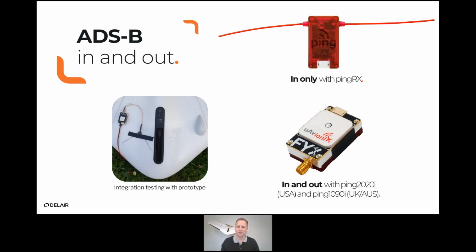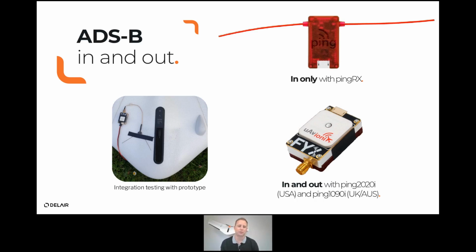Now we use components from uAvionics. uAvionics is a US-based company, very reputable, that makes very small miniaturized ADS-B transceivers, among other things. If you go with the in-only option, meaning a receive-only option, that's going to show you where other traffic is, assuming that other aircraft have their ADS-B transceiver or beacon on and transmitting. For that we use the pingRX, a very small component that we can integrate into the drone. The benefit of having that receiver on the drone as opposed to on the ground is that even in these more complex missions, which is likely where you'll be required to have this anyway, say beyond visual line of sight or flying in congested airspace,